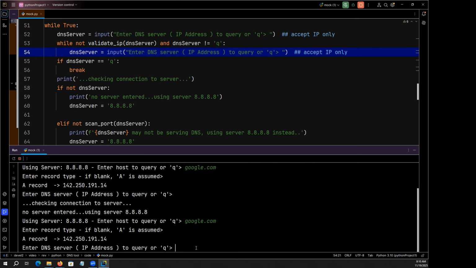Let's do a different kind of query here. I'm going to put in a server that I know is legit, putting in the IP address of it. The cool thing about this is you can query any DNS server on the internet. You can look up lists of DNS servers and put in the IP address here and kind of check the records of said DNS server. So here's a public DNS server. I put in the IP address, hit enter,